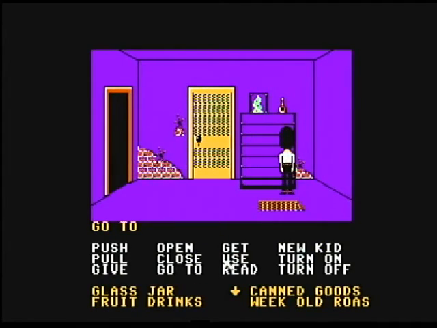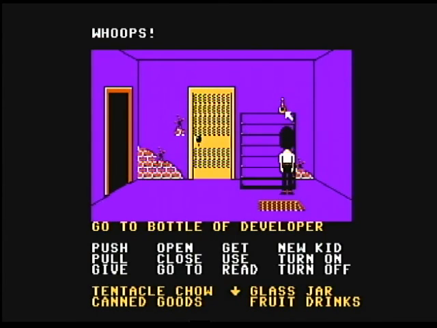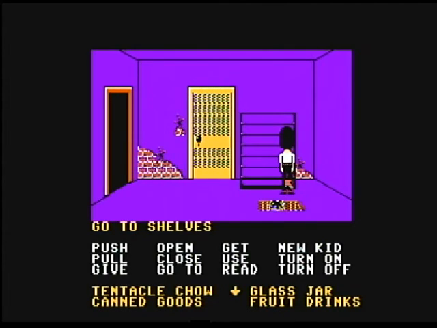Get glass jar. Get... Tentacle chow. Tentacle chow. Interesting. Get... Bottle of developer. Now, for any of my younger viewers, if you don't know what a bottle of developer is, it's a bottle of chemicals used for film development. Oh, okay. I didn't know what it was. Whoops! I dropped the bottle of developer on the ground. Good job, Bernard. It doesn't matter who you are, you'll always drop it on the ground, so...